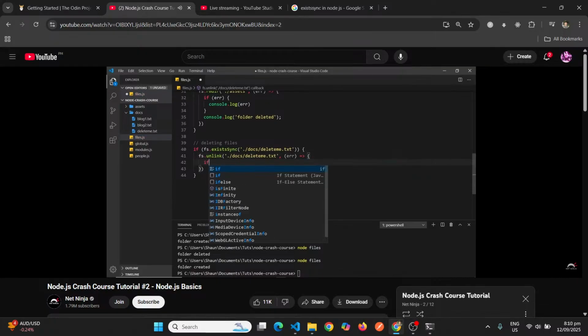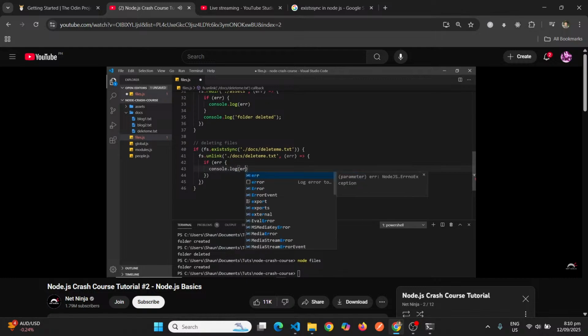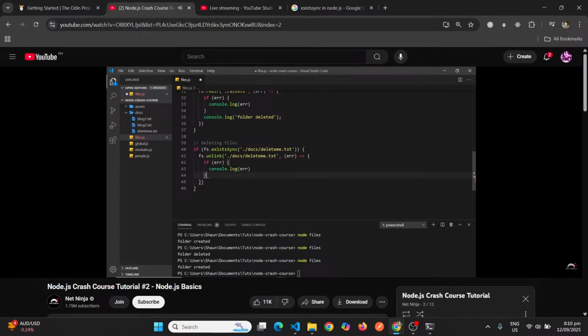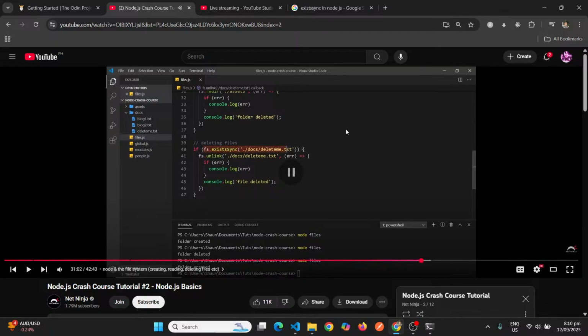We can check if there is down here. If error, then we're going to console.log the error. And also, oops, I keep making this mistake. Let me just change that. Okay. And also down here, we want to say console.log, and we're going to say file deleted. Okay. So now if the